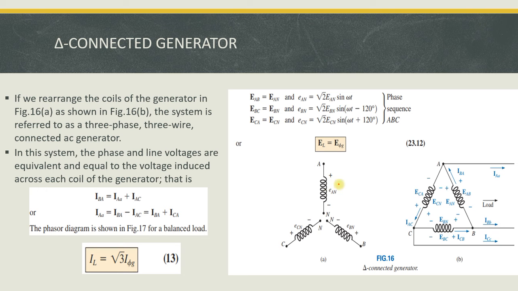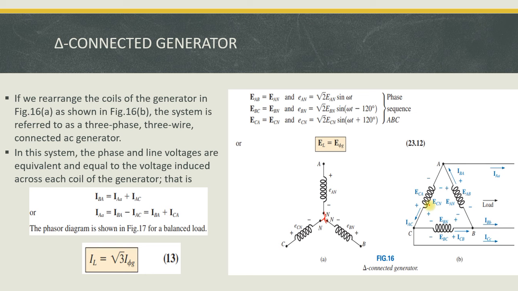These are three coils of the generator. When the endpoints of these three coils are commonly connected, it is called a star connected generator. Suppose these three coils are connected in such a way that they form a closed path, then this connection is called a delta connection. Even though it is a delta connected network, it has only three wires, a three-phase AC generator system. In a delta connected system, the line voltage is equal to the phase voltage.